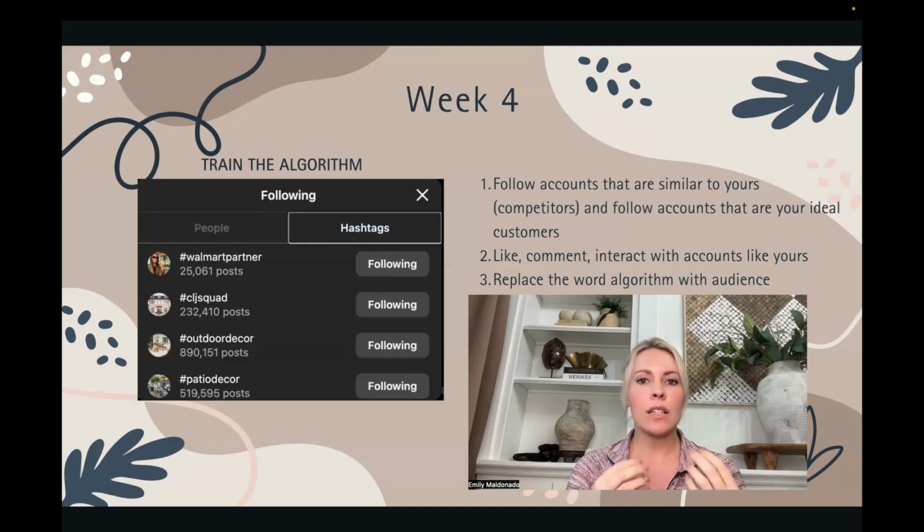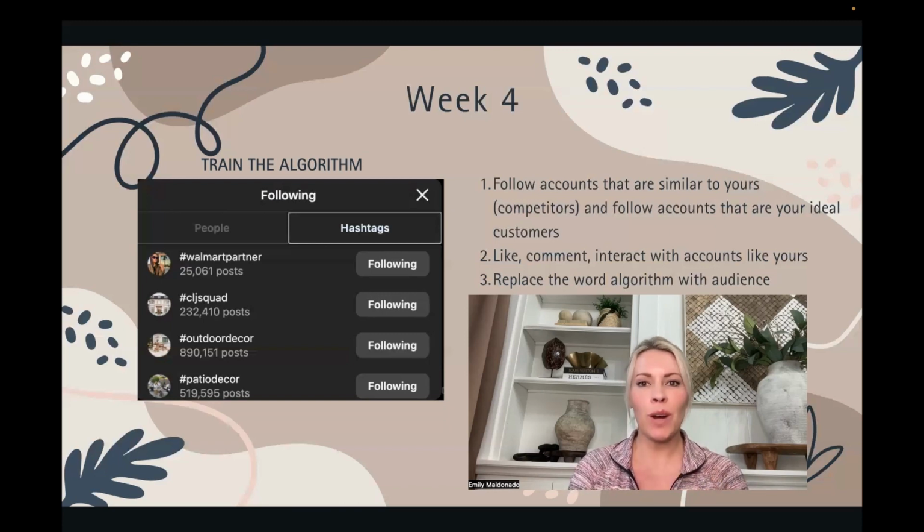So the more that your content inspires, educates, entertains, the more they like, share, and comment, the more they give signals to Instagram that they're enjoying your content. Then the more Instagram pushes your content out to other people, and people who are likely to want to follow your account. So how do we tell the algorithm, or how do we tell Instagram, what your account is about or what kind of people they should push it out to, especially when it's new and you don't have a lot of engagement?